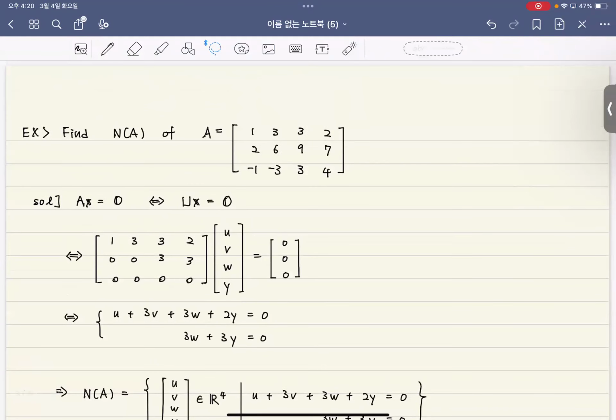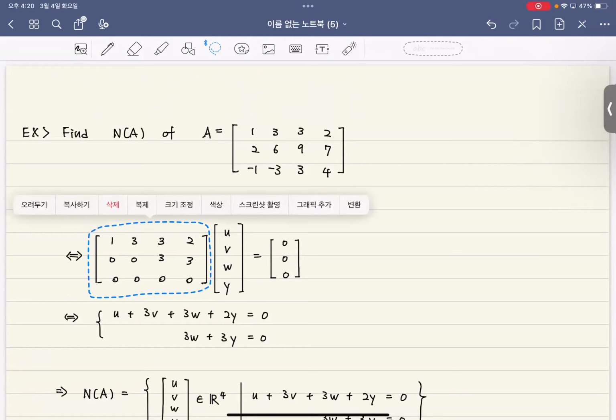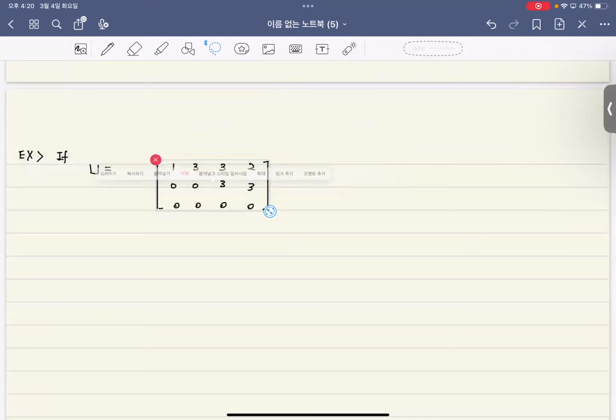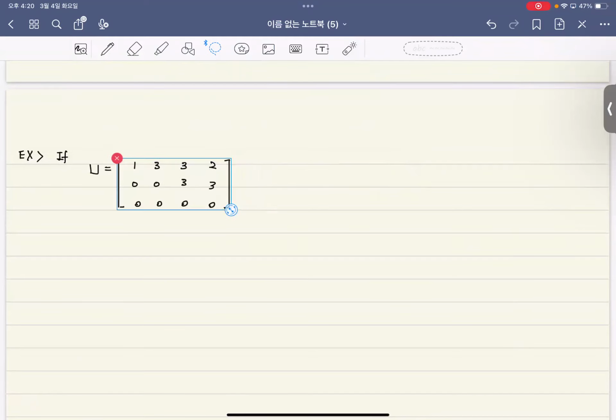Yeah, this was my U. If this is my echelon form of A, then the reduced row echelon matrix is going to be